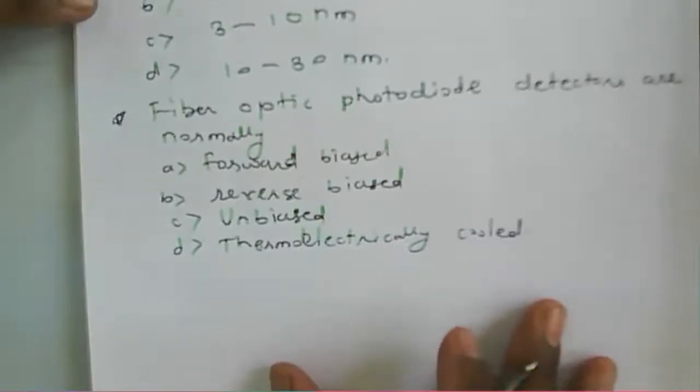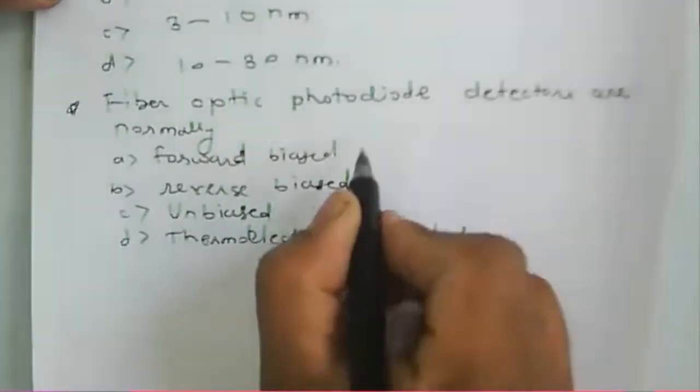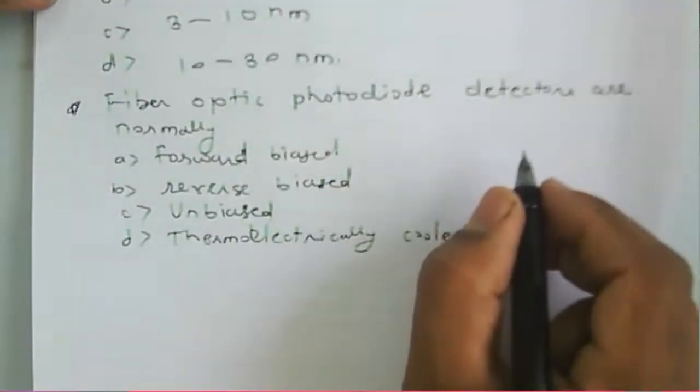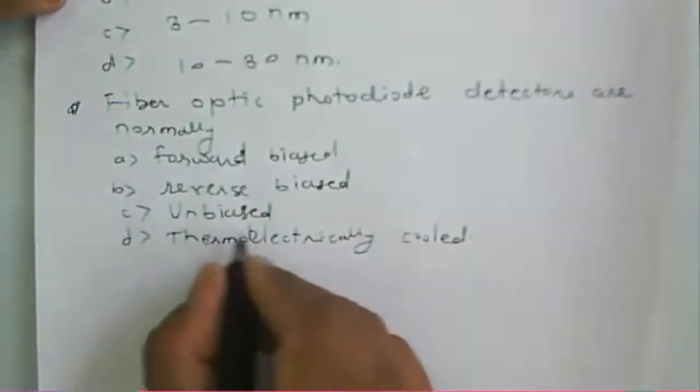What is the answer for this? Fiber optic photodiode detectors are forward bias, reverse bias,